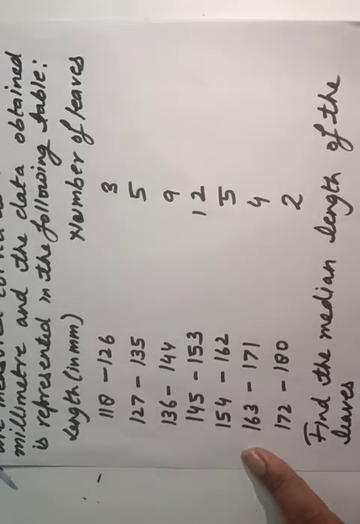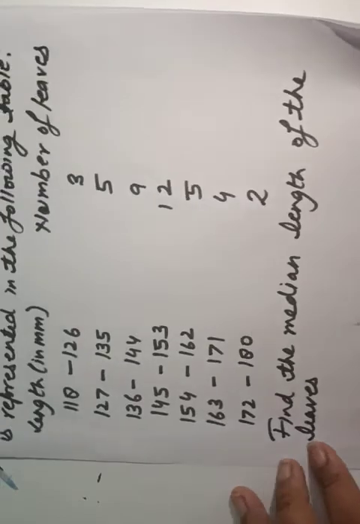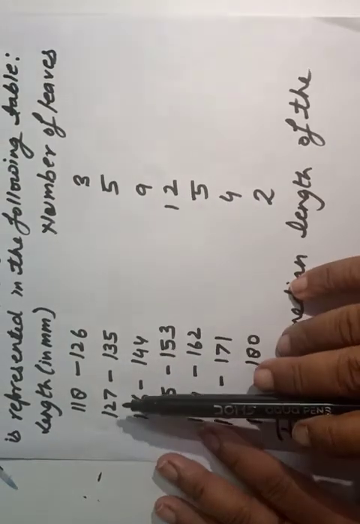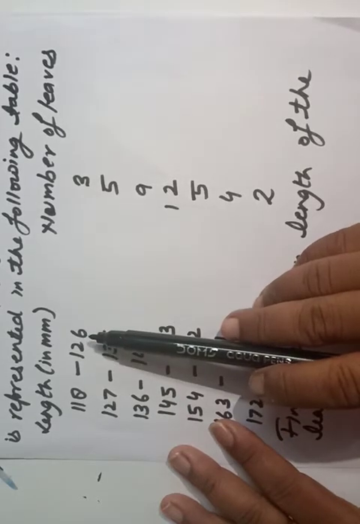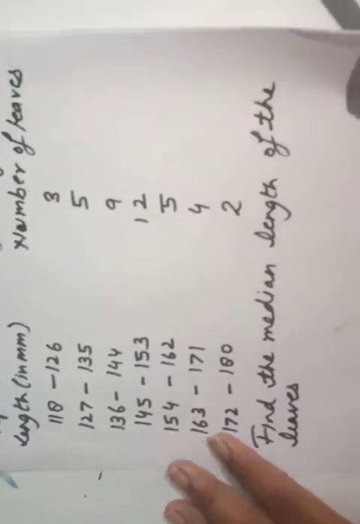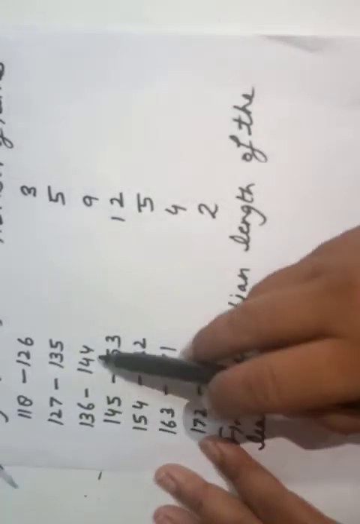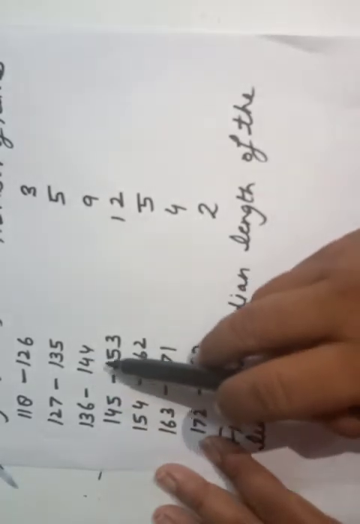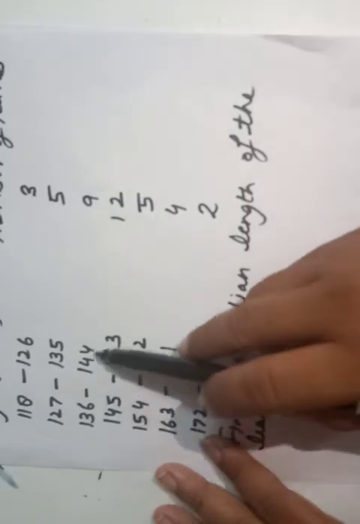So how could we change the inclusive to exclusive one? We need to see the class interval. We can see the lower limit of the succeeding class is one more than the upper limit of the preceding class. So what we have to do, this is the procedure. I am taking here 127 and 126. You can choose any other two classes, but what you will see is that in every class interval, preceding and the succeeding one, if we see the upper limit and the lower limit,